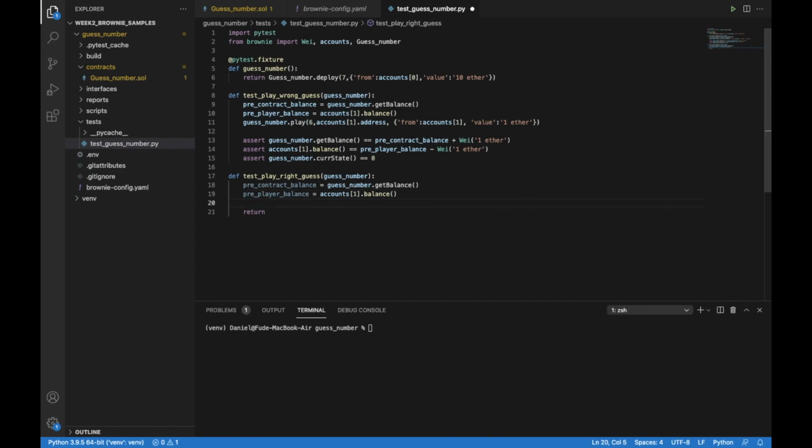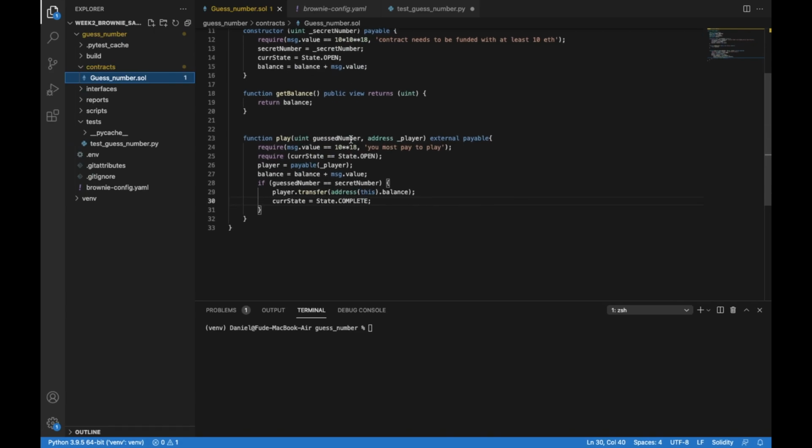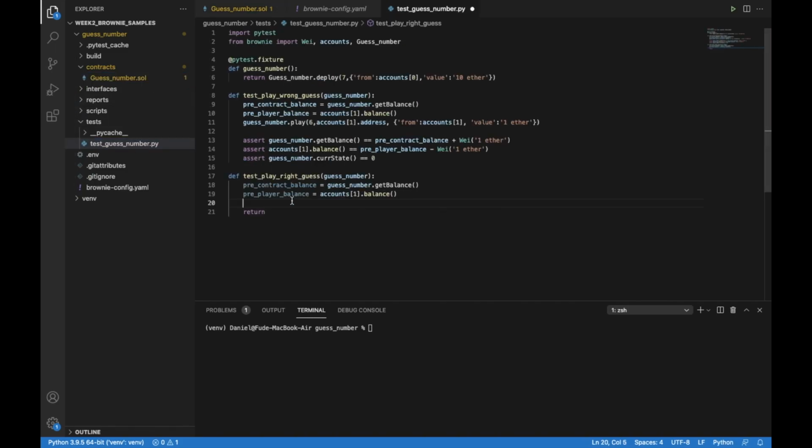Now we need to call the play function, and for that we need to submit two parameters, right? One is the guessed number and one is the address of the player that is playing. So let's do that. We have to do guess_number.play, and we are going to guess the number correctly. The secret number that lives in this deployment is 7, so we're going to set 7, and the address of the player that is playing is whoever we are getting the balance of here, right? So it's accounts 1, and this is coming from our local Ganache environment. We are going to use its address here,